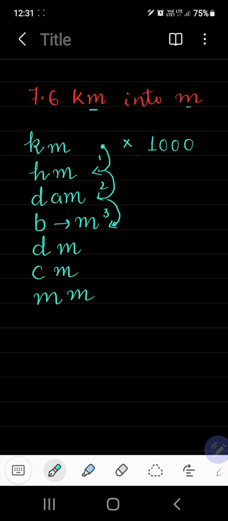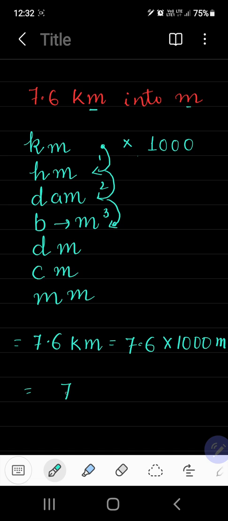अगर मैं 2 steps चलती तो I would have multiplied it by 100. इफ़ 4 स्टेप्स अगर मैं चलूँगी तो आई वुड हैव मल्टीप्लाई इट बाई 10,000. So let's solve this. So now we have 7.6 kilometer. When we are converting it into meter, so 7.6 multiply by 1000 meter. So 76 we will write as it is, और इसके साथ we will add 3 zeros, 1, 2 and 3. Decimal place means 1 decimal place, so we will leave 1 decimal place and we will put 0. We will put decimal and then we will put the unit.